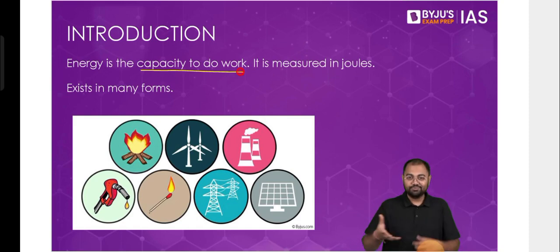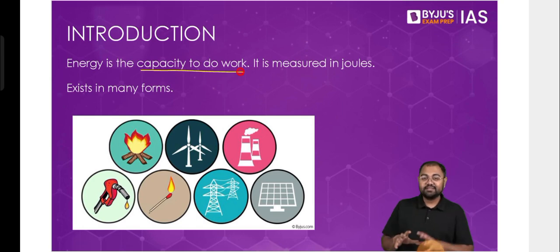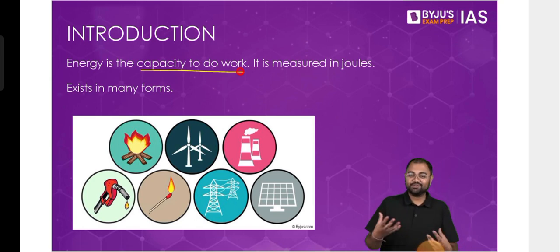But the work definition in physics is very different. We say that when you have force and you have a displacement in the direction of force, then only work is done. So for example, me standing at one place for 3 hours or more means there is zero work because there is zero movement. So even if I'm doing everything but standing at one single point, you can still say at the end of the class, in your feedback, that the teacher did nothing. The work done by the teacher was zero. So in physics you can say that, but in reality that's not the case, right?